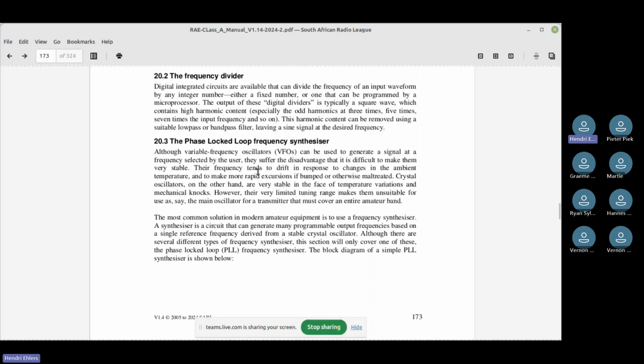Waar mense die meeste van hierdie kapasitors en goeters gebruik is as jy byvoorbeeld antennes wil instem of wat ook al.